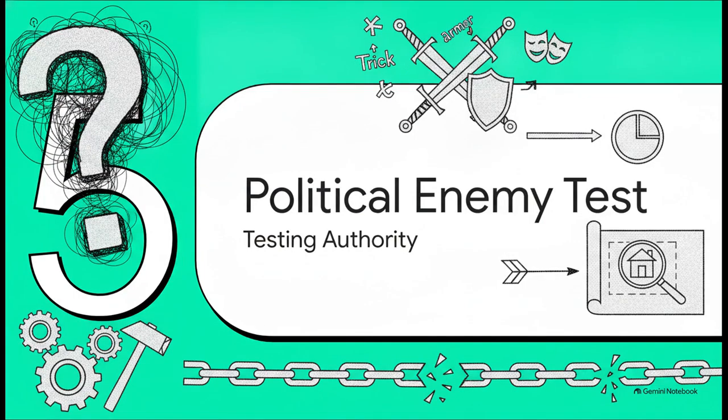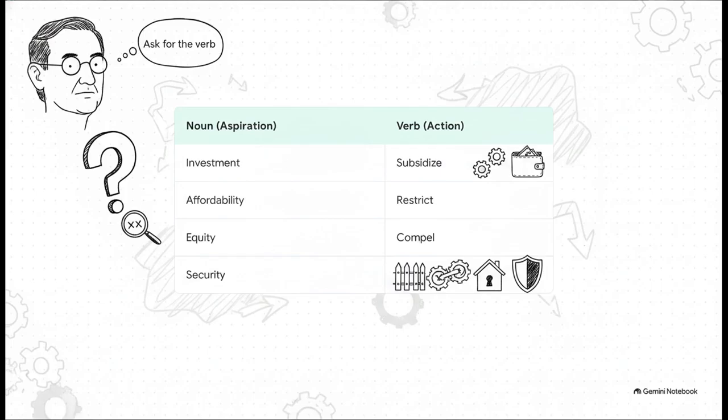Finally, Section 5. The political enemy test. Eventually, that ambiguity has to end, because governing inevitably requires action. So how do we arm ourselves against these rhetorical tricks? Well, we can use a toolkit inspired by George Orwell. He famously warned us that political language makes concrete exercises of power sound completely benign by using abstract nouns. So our best defense is purely grammatical.